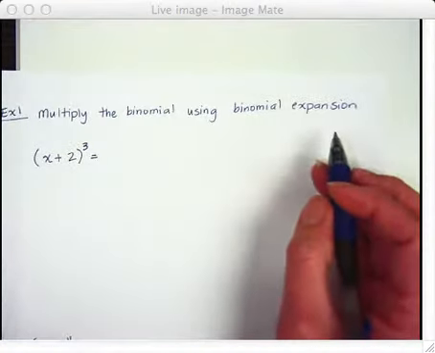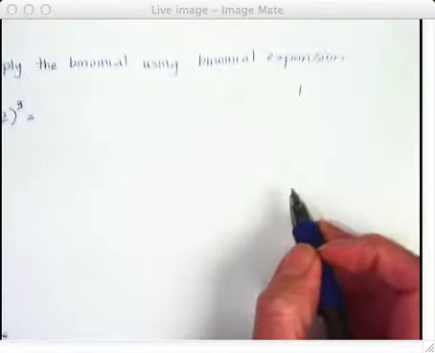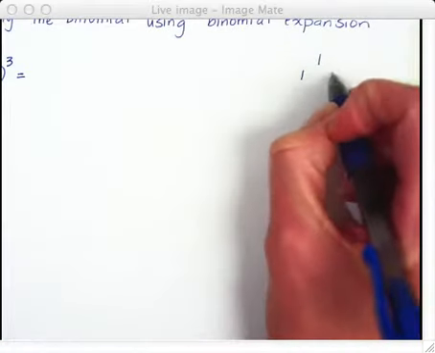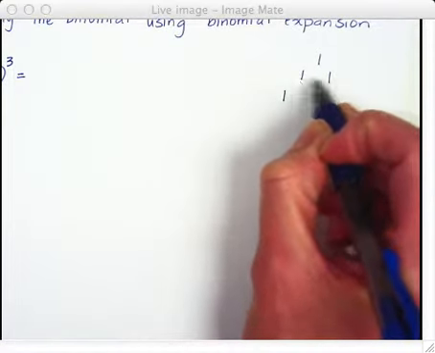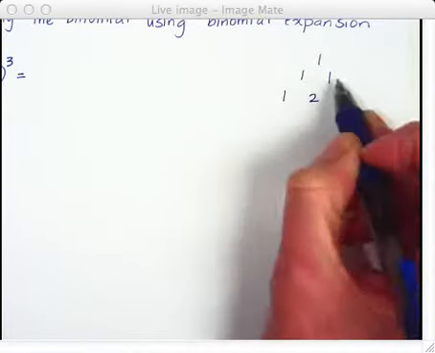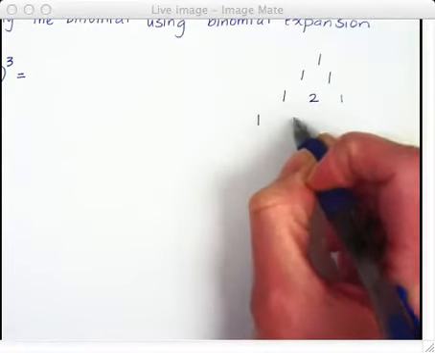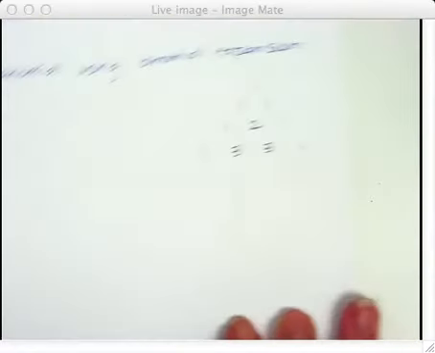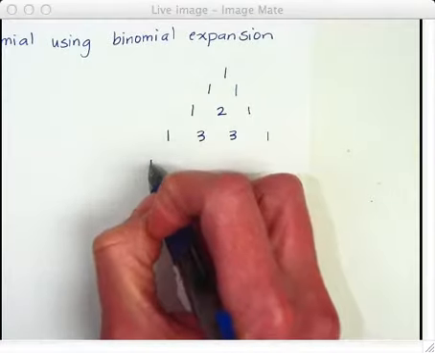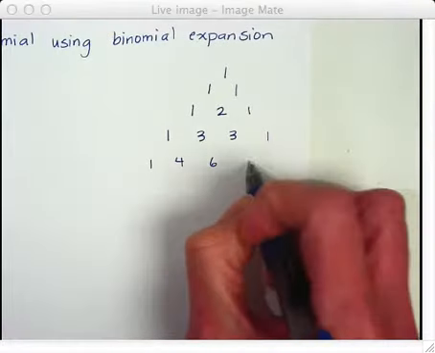I can quickly make the Pascal's triangle starting with a 1 on top, and then another 1, a couple pairs of 1s in the second row, and then it's always 1 on the outside. And then when I get to where I can add these two together, so 1 plus 1 makes 2, and then another 1 on the outside, and then 1 plus 2 is 3, 2 plus 1 is 3, and then 1. I can continue. 3 plus 1 is 4, 3 plus 3, 6, 3 plus 1, 4, and another 1